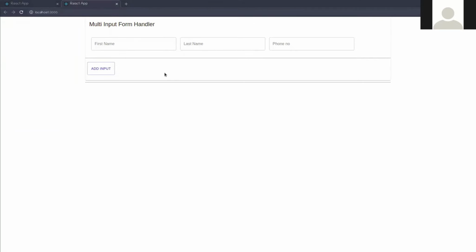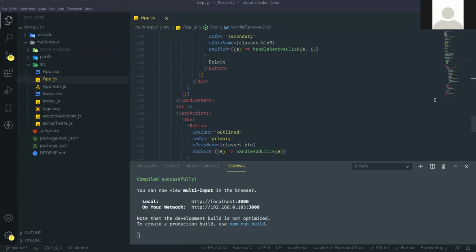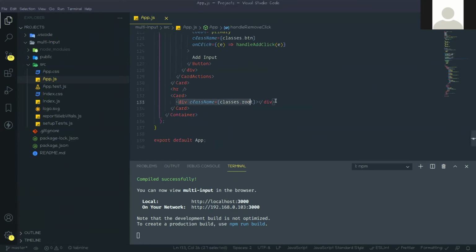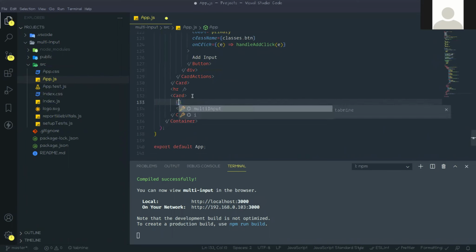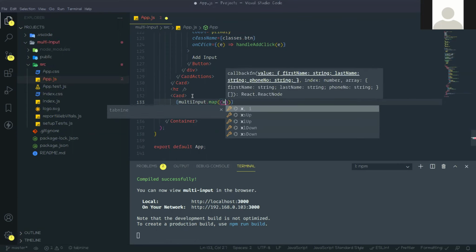Oh, okay, another thing is left: when all the values are present, at that time we need to show the result in the last card, right? So go down, in the next card, not here, in this card we are running the same loop, multi input dot map. So it will take x and i.